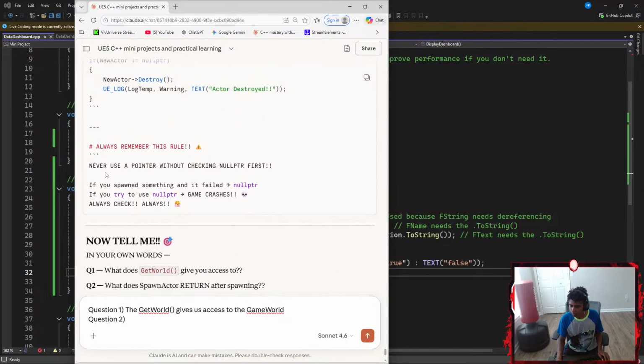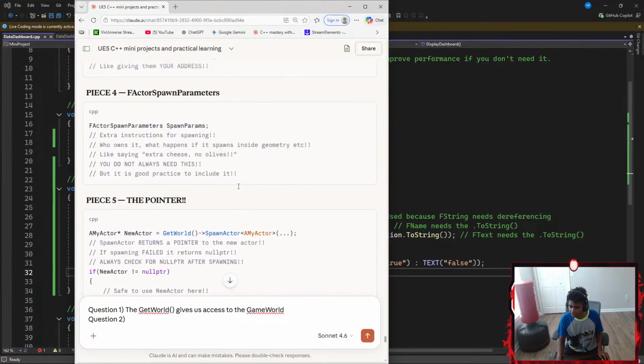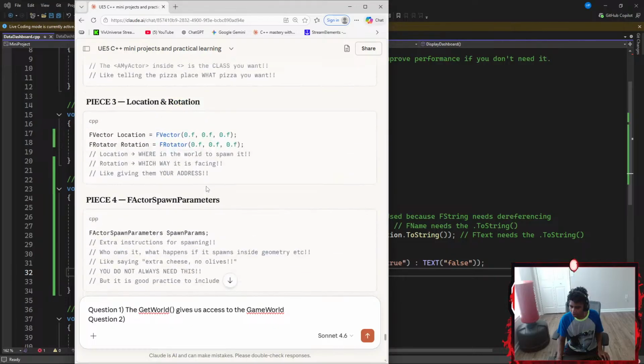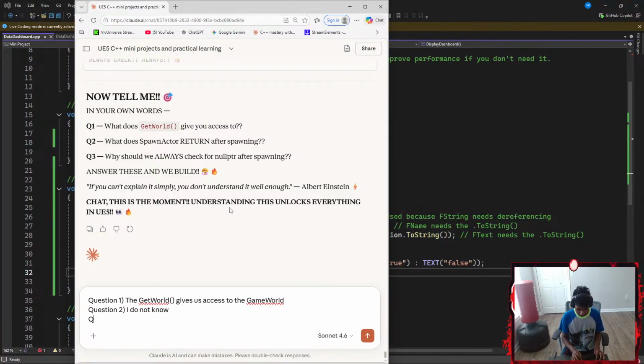Let's see. It didn't really tell what it returns after spawning. I do not know. And then question 3: what should we always check for nullptr after spawning?